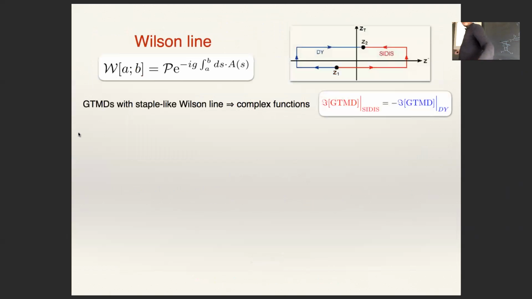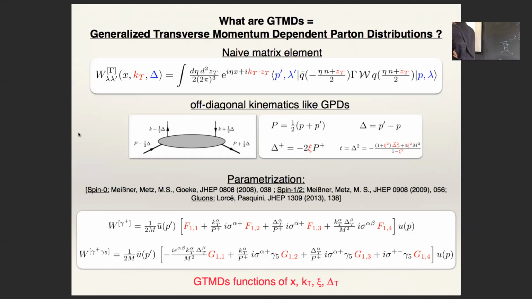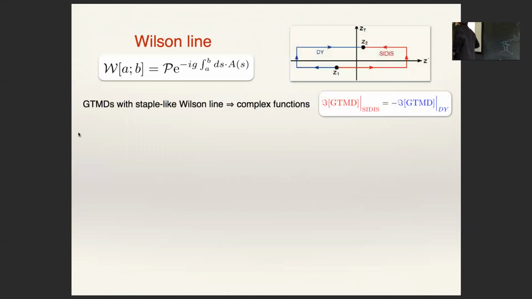Now, very important in this definition is what is called the Wilson line. That's important in particular for transverse momentum dependent objects. The Wilson line is a path-ordered exponential of gluon fields, and in the exponential we have a contour integration which is determined by a path, and this is what is called the Wilson line. And this Wilson line makes this bilinear operator color gauge invariant. A priori, it doesn't matter which line you take in order to connect the two arguments of the two quark fields. You can basically take any line you want, for example, a